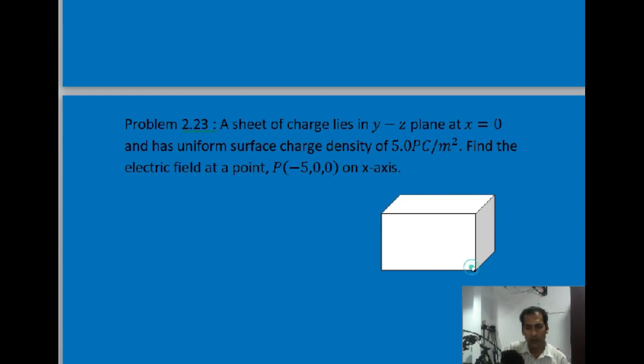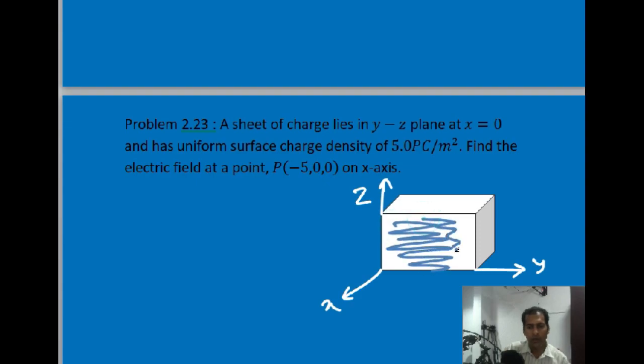Say this is the y-axis, say this is the x-axis, this is the z-axis. YZ plane means this one, the front view of this classroom or this square box, you can imagine. So this is nothing but the YZ plane. Now due to this YZ plane, we have to find out